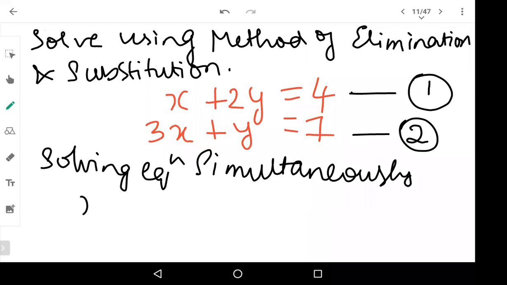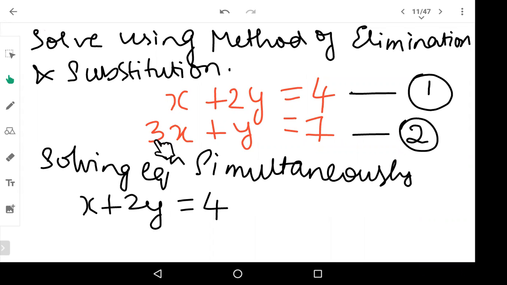So x plus 2y is equal to 4. Okay, so equation 1 into 3 you want to multiply. So to equate this x, we have to multiply equation 1 into 3 and equation 2 into,